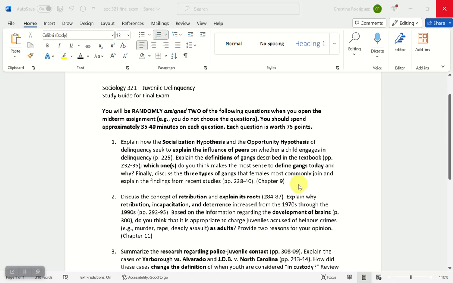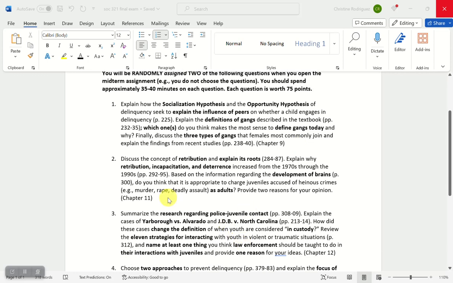Question 2 is from chapter 11. Discuss the concept of retribution and explain its roots. Explain why retribution, incapacitation, and deterrence increased from the 1970s through the 1990s. So when you discuss retribution, make sure that you give that detail that is discussed in the text about the roots, Christianity, etc. In regard to those 3 types of punishment that we saw an increase of,